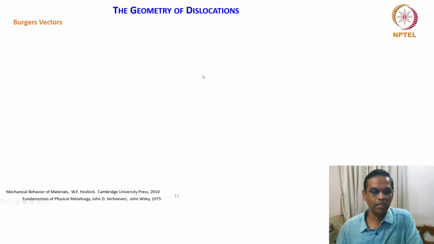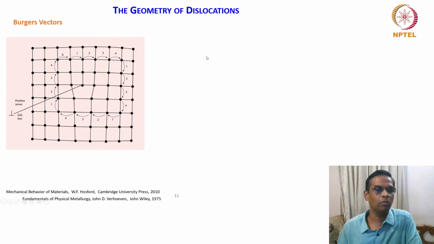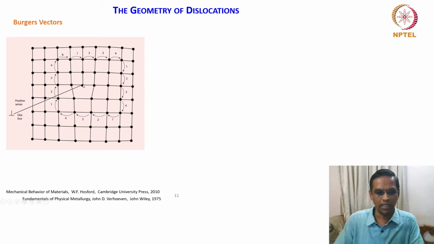So now let us spend some time on Burgers vectors, which is also very important. How do we mark this circuit? So this is the lattice which has a dislocation. An extra half plane is inserted here. Then I have the dislocation core here, which is marked by this. And here it is a positive dislocation. If it is the inverse symbol of this, it will be a negative. The dislocation line is perpendicular to this plane, going into the plane.